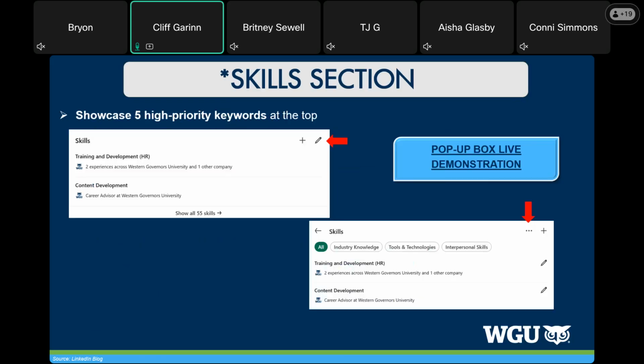So here's again a way to get into your skills section. When you go to your profile, you'll be able to go to that top section and click on your picture. You should be able to find on all your sections these little pencils. When you click on that, you'll be able to include your skill sets and your descriptions and things like that.